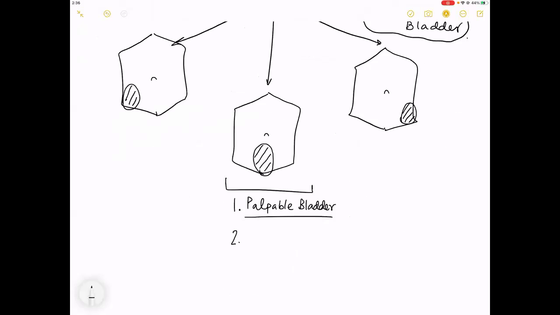After you have taken out the bladder as a cause, in a female, what is the most common cause then? Is an uterus which is enlarged. Now, why is the uterus enlarged? We are not going to talk, sir. Uterus can be enlarged either due to a pregnancy or due to non-pregnant causes. Can you tell me a non-pregnant cause?